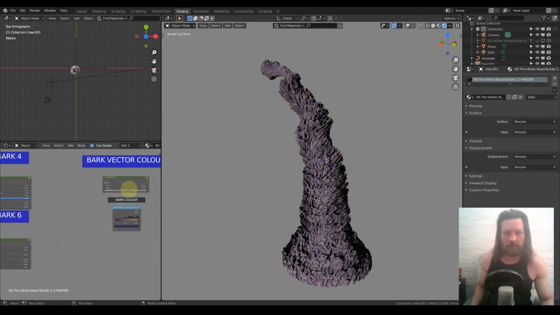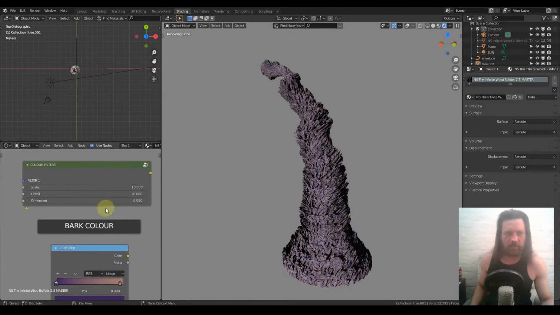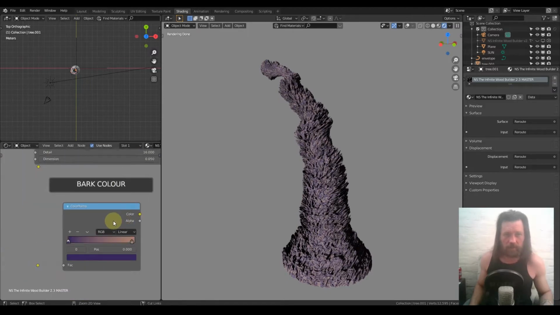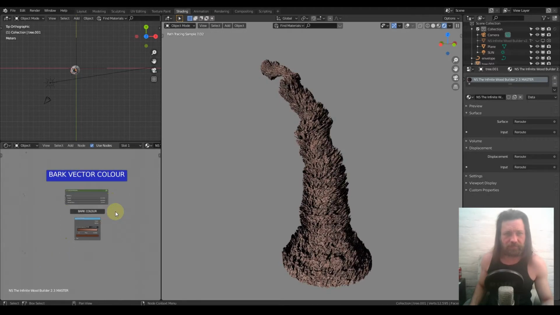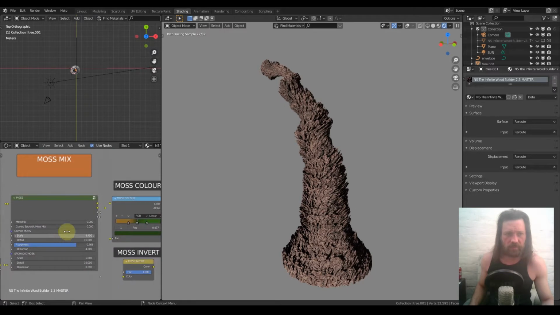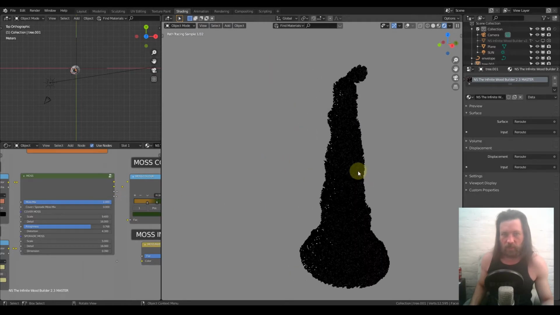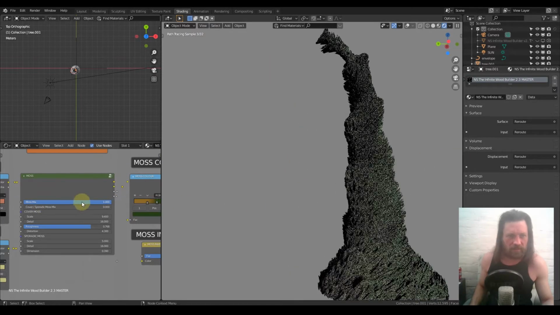All of the vector barks, sorry, are controlled here. And there's the filter scale for the colour. One important note, and I'm going to look into this, but this is how it stands at the moment: if you mix in the moss, the displacement will remain the same, but it will start using